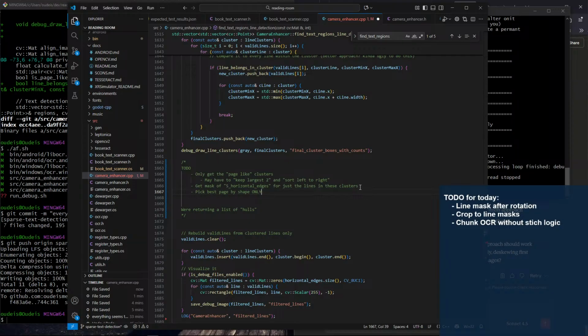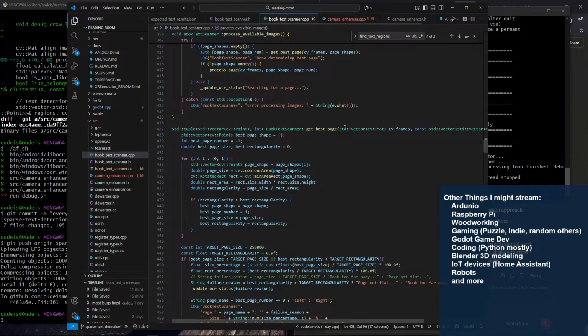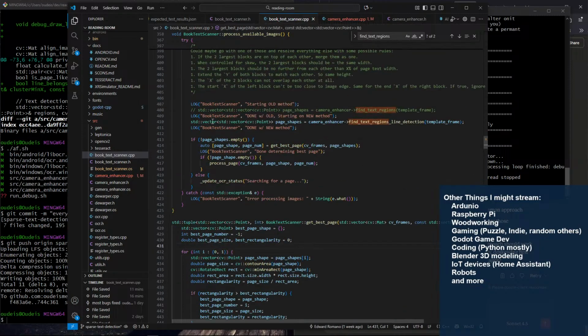So before we were going on size and shape, now we'll just pick on shape, and that'll be it. That's how we know which one we're going to OCR. And that's easy to change for like get best page. Okay, so then this can return